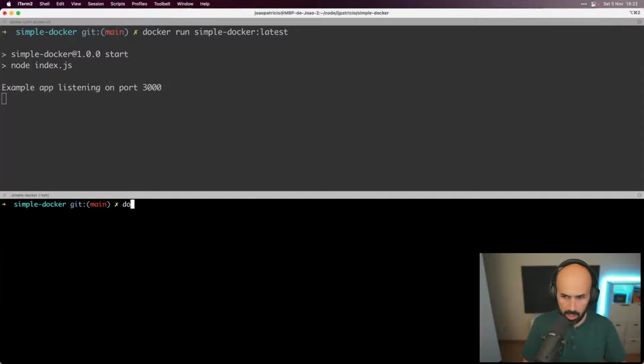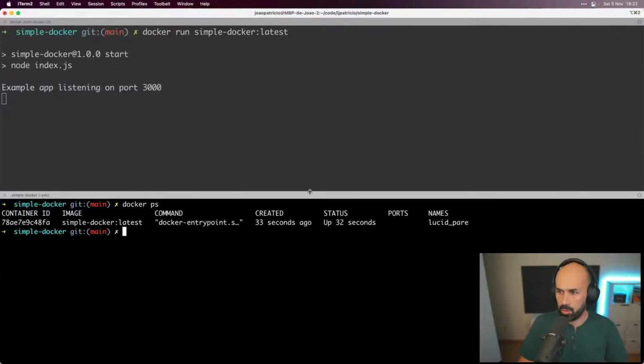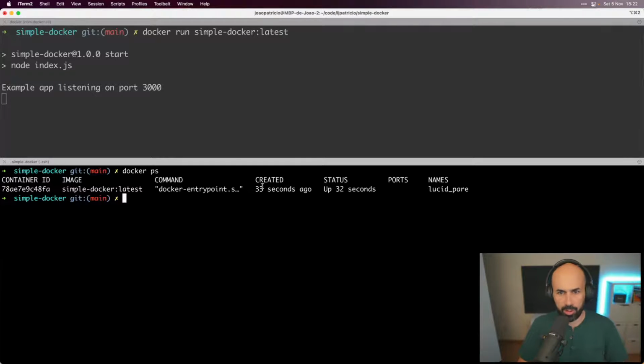So now, if we run docker ps, it's running and it's up for 30 seconds. It's running a container with its ID. It's just a unique ID. Everything in Docker has an identifier, right?